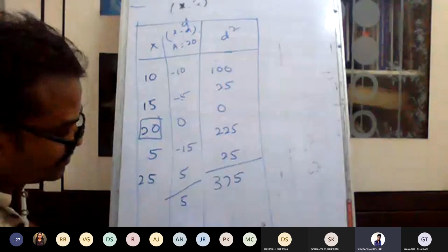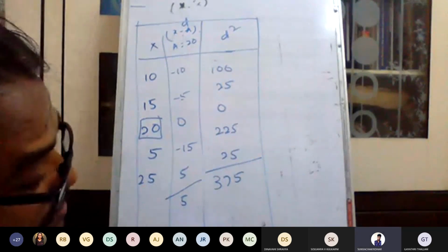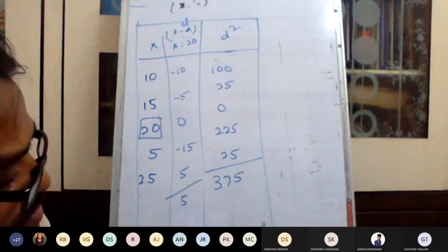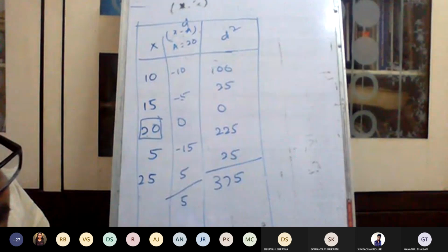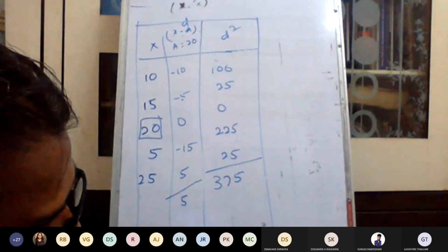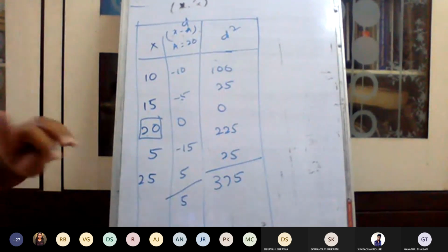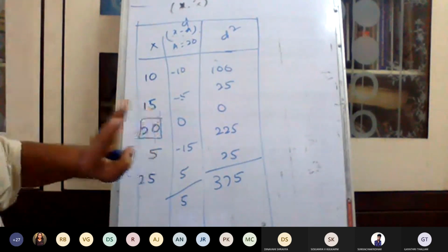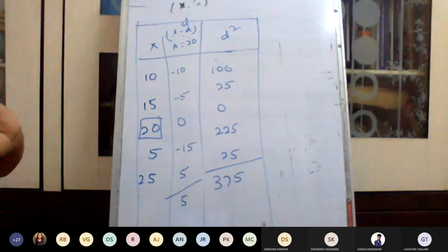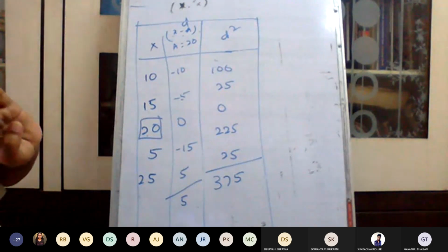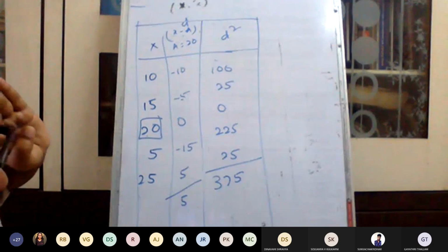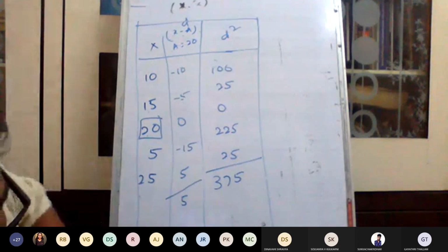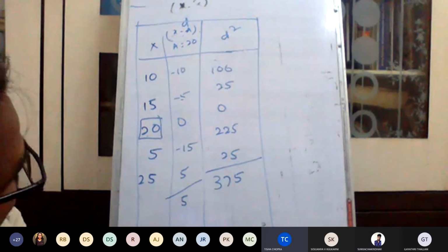Sir, you said that we won't consider signs in median, no, sir? Sorry? Tell me what do you want. Sir, he's asking whether we shouldn't consider minus signs, meaning negative signs, in these. Except for mean deviation, for the rest of the things, whether it is positive or negative, you take it as it is. Except for mean deviation, all negative values are considered as positive. Okay? Am I clear? Sir, shouldn't it be minus 25?